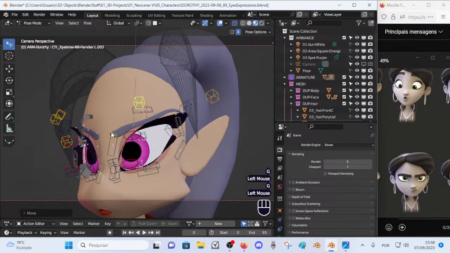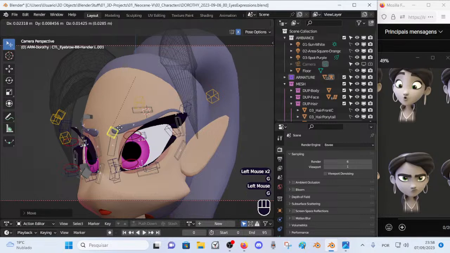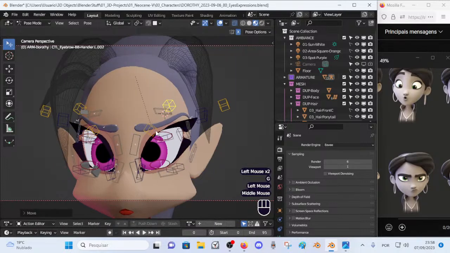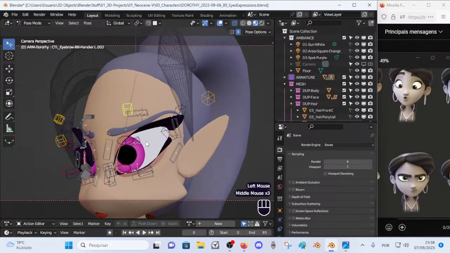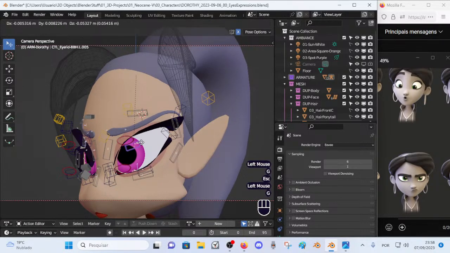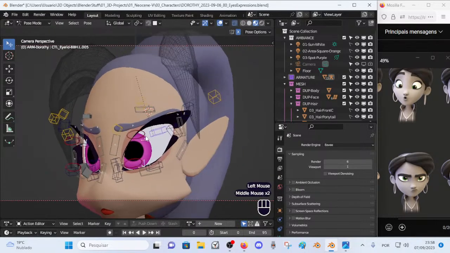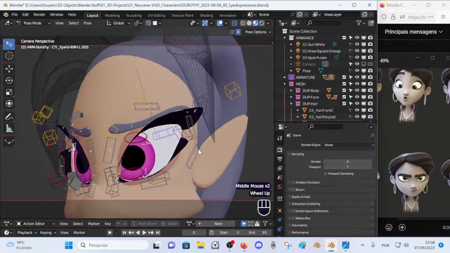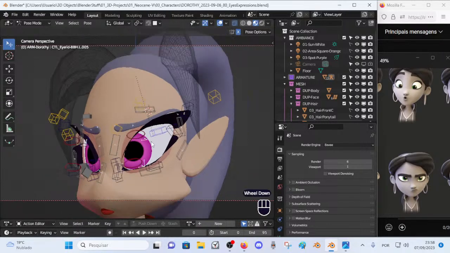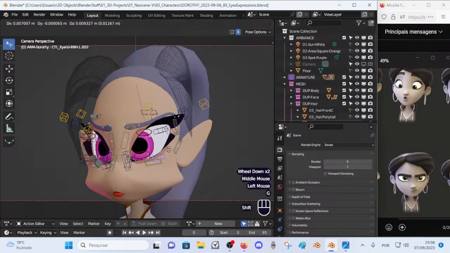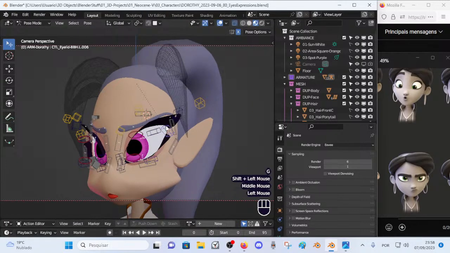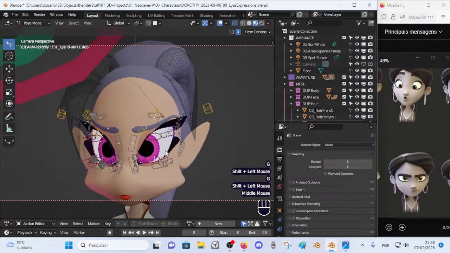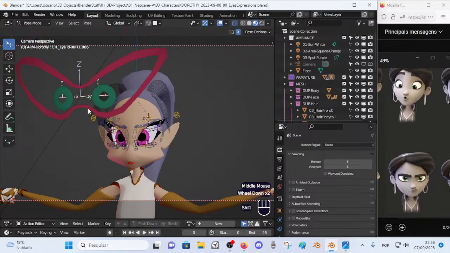I dislike the shape here, so let's try to... the expression I have is more accentuated. This is more neutral, at least for the eyes, right? In this case, my expression is not better; it's just more accentuated. I prefer mine,